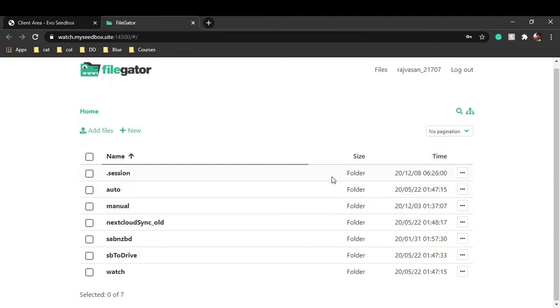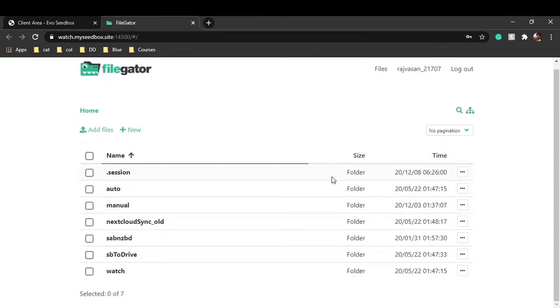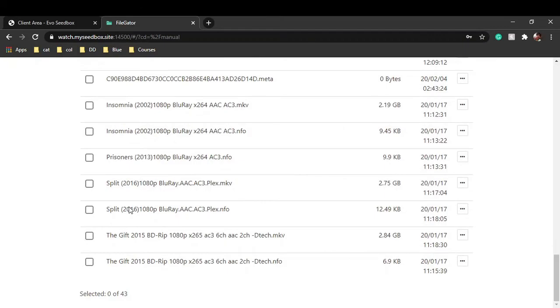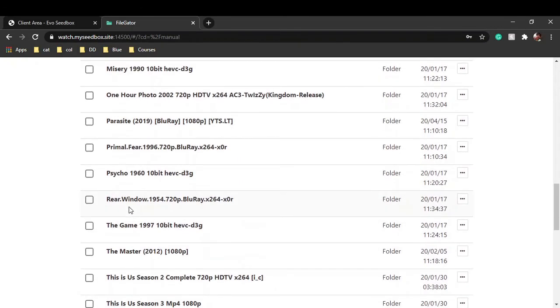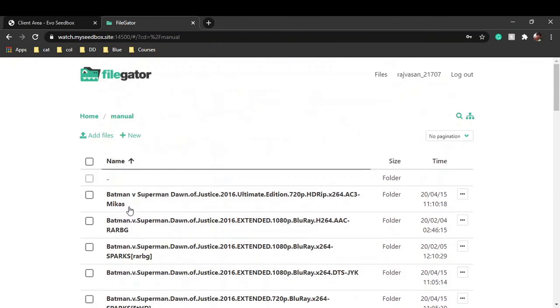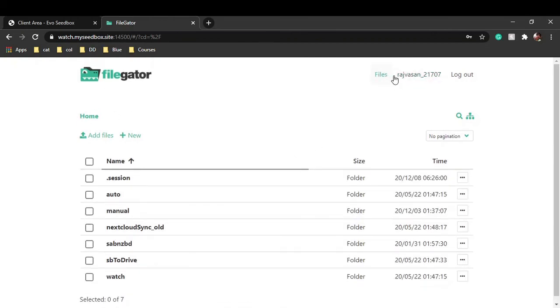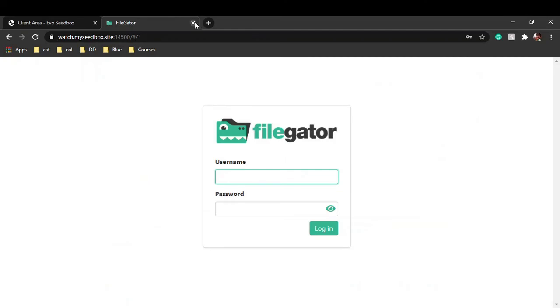These are the files that are on your Seedbox right now, and your default path for downloads is inside manual, and you can see all the movies and all the files that you have downloaded using rTorrent from here. You can create new files, and you can add new files as well from here. And yeah, this is your FileGator, and you can log out from here.